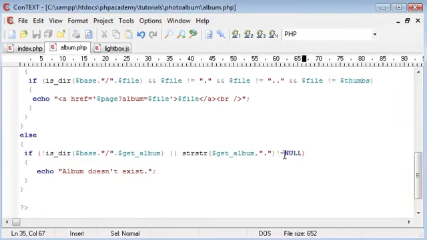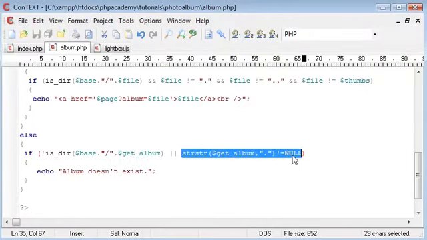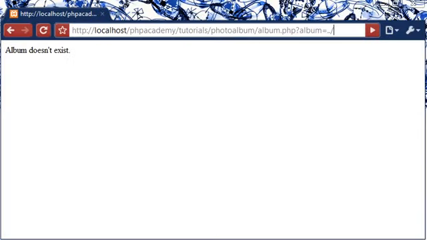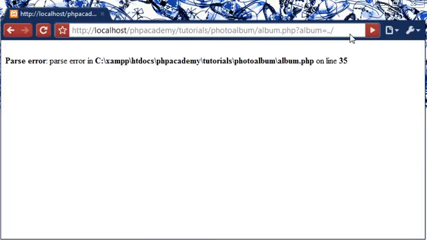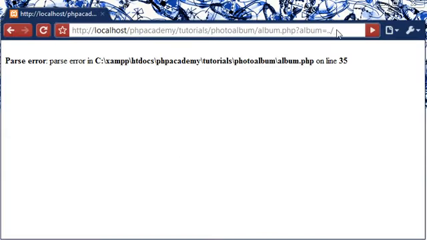So we'll just check this out as well. Just make sure everything's okay. Yep. Okay, so album doesn't exist. 4 does not exist. Now let's check if we can go back a directory. Album doesn't exist. Now otherwise, let's just take this out. Oh no, we've still got the or in there. Okay, so otherwise,